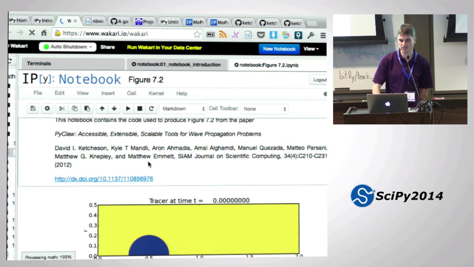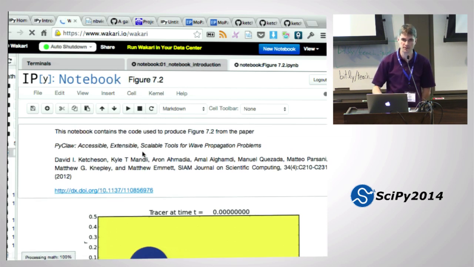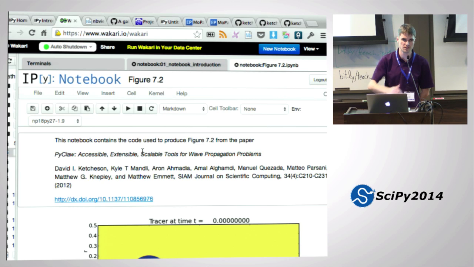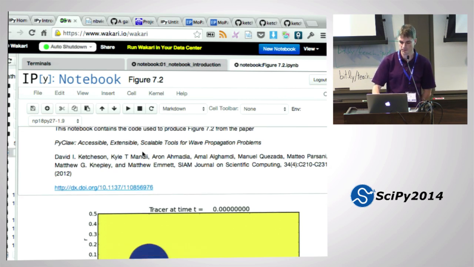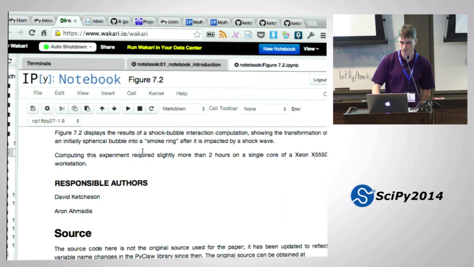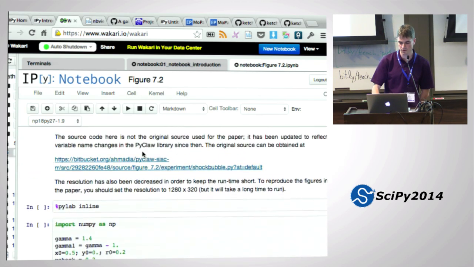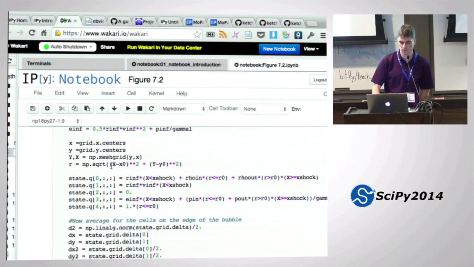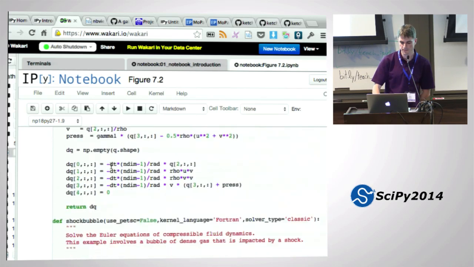Okay, so I haven't used Bukhari for teaching, but here's a notebook that reproduces a figure from a paper that Aron and I and a few other people wrote. And we put it up on Bukhari, and we have a link from our webpage. So anyone who reads the paper can just go up here and reproduce the thing, right? And so this is another thing that I love using notebooks for. So here we have the code to reproduce it, right?